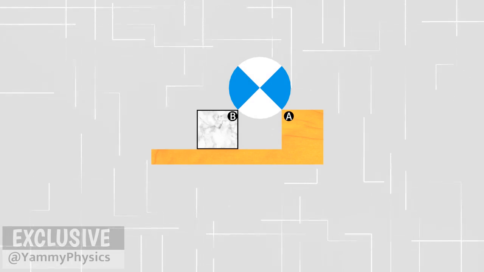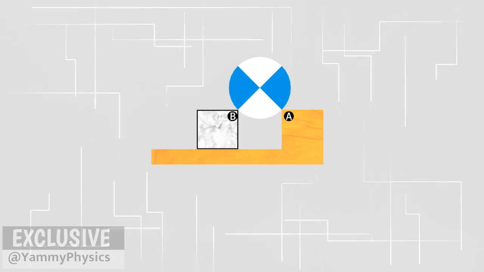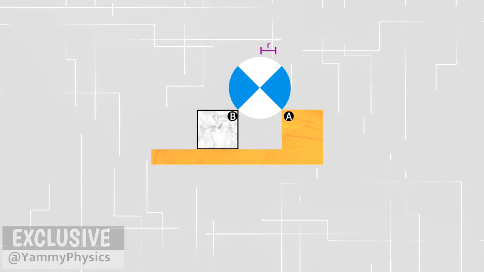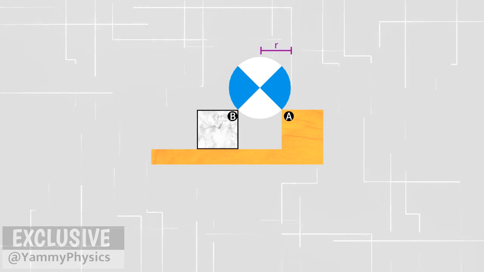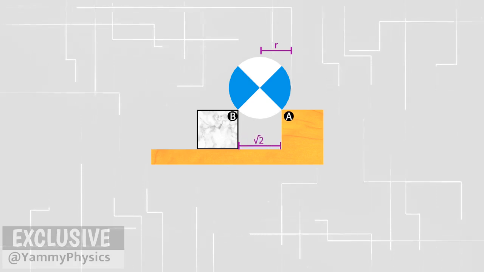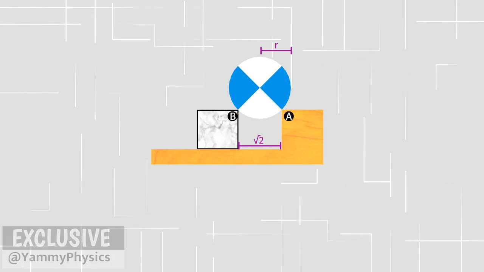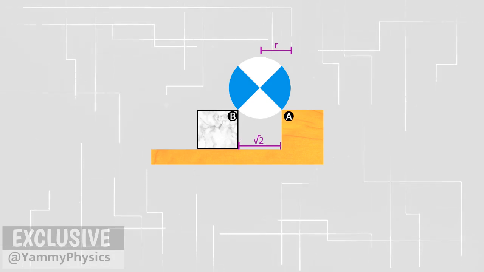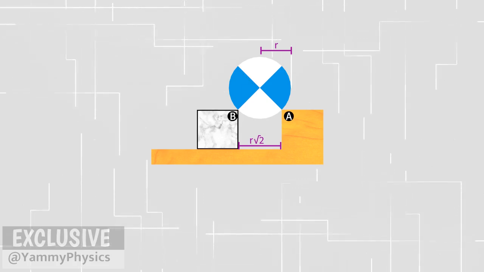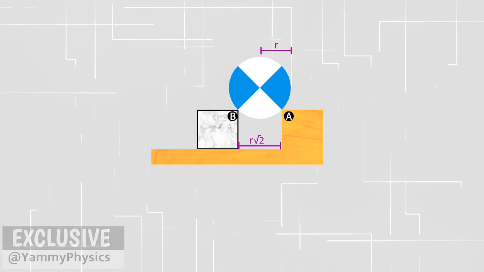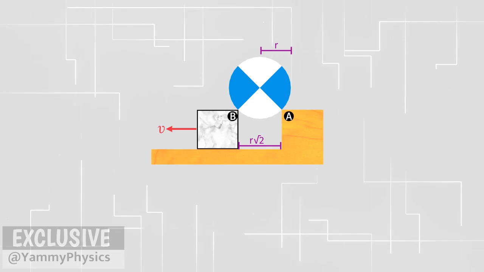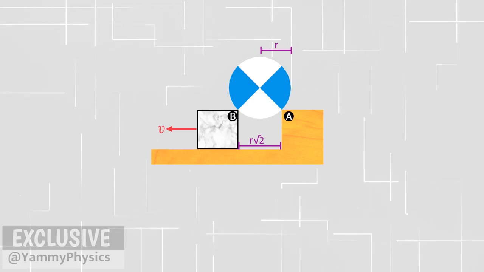The image on the screen is a snapshot of the motion of the cylinder as seen in the previous animation. The radius of the cylinder is r. The distance between points A and B is square root of 2 centimeters. Since the radius of the cylinder is 1 centimeter, how about we just write the distance as our square root of 2? One more thing, the speed of the block is v. It seems that this is the only value listed on the question sheet.